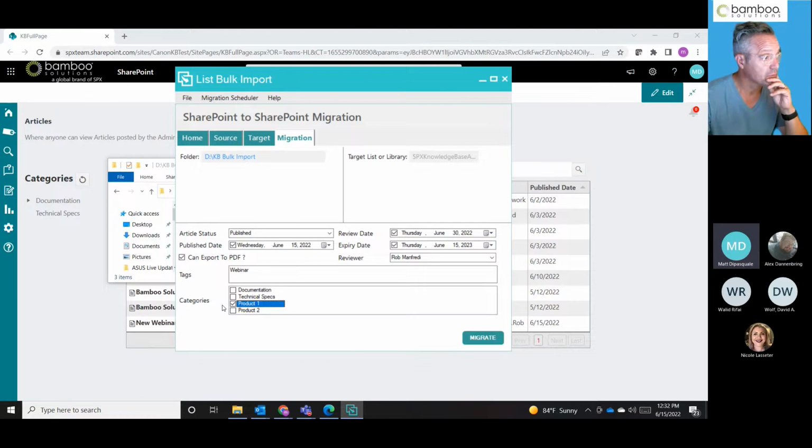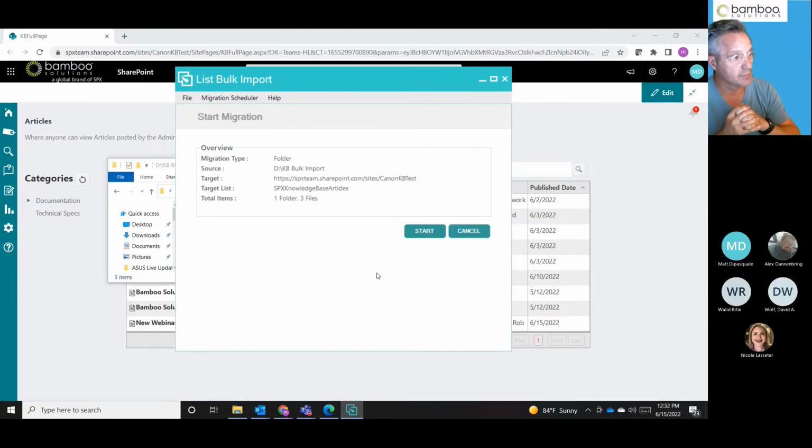Again, what this will do is it will mark all of the articles, the three that I'm using right now in that directory, mark them all up with our metadata, and put those in as our articles. So we don't have to go in and redo that metadata if we don't want to. It's already here for us with the tool. So what I simply do is hit migrate. I make sure that it is what I think it's going to do,